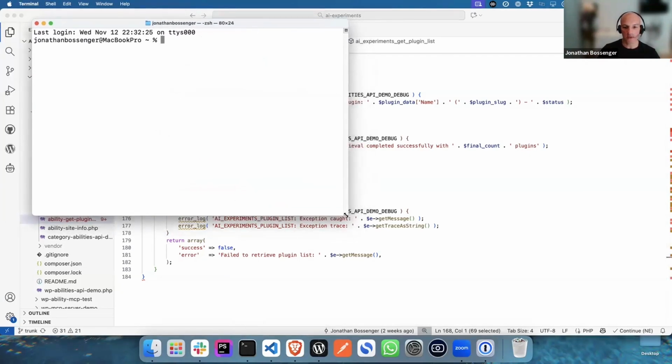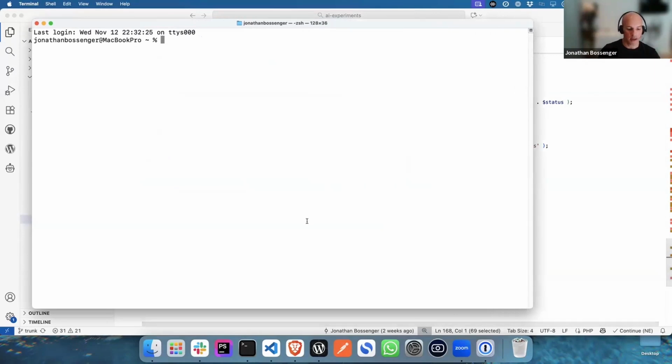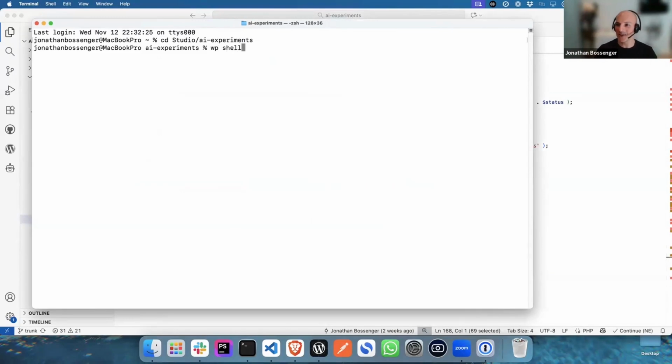Hopefully you can see the terminal. If you can't see the terminal, let me know. And I'm going to shoot on over to my WordPress site. And I'm going to use one of my favorite tools, WP Shell. So this is a way that you could execute PHP code in your terminal. You do need to have WP CLI installed, but I'll show you a PHP version of this in a file